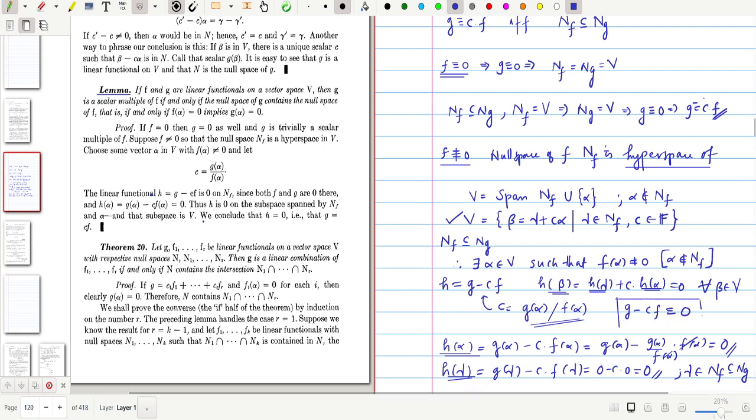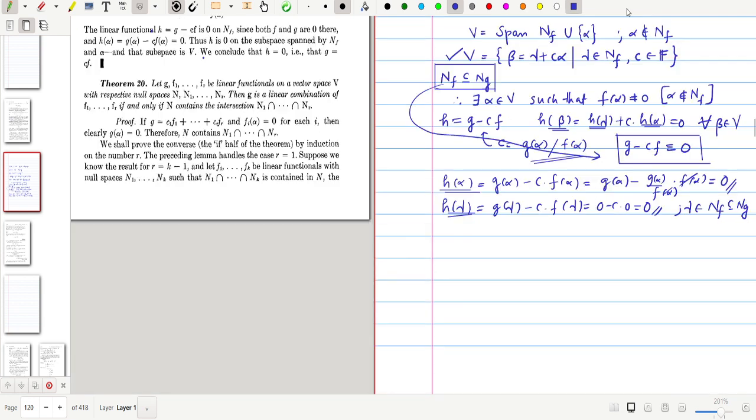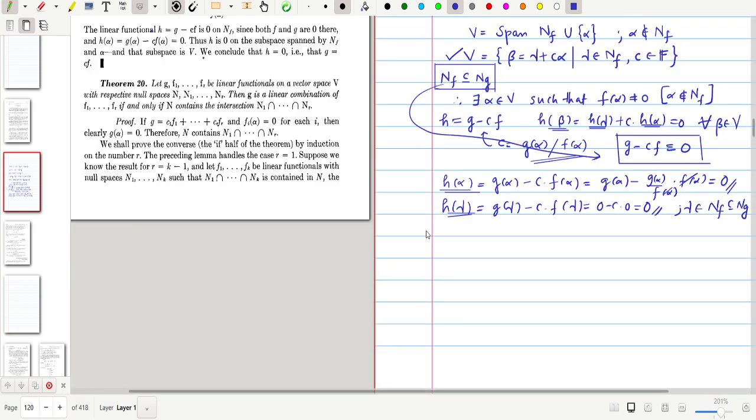That means G is identically equal to Cf, that is, G is a constant multiple of F. So whenever we assume NF is contained in NG, then you can get G is equal to C times F. So this would imply this thing. The converse is trivial. Whenever G is identically equal to C times F,